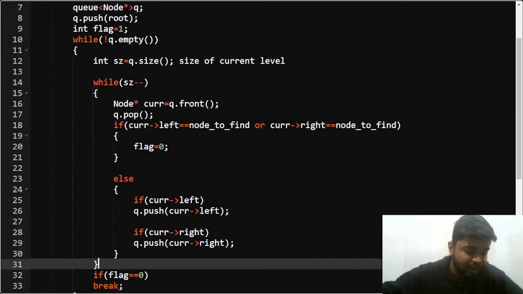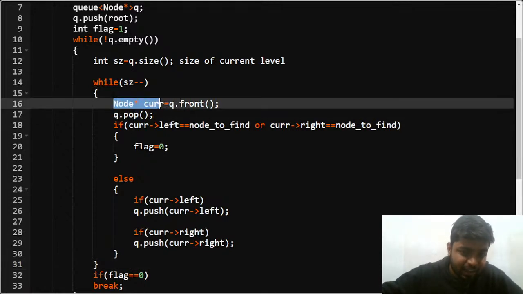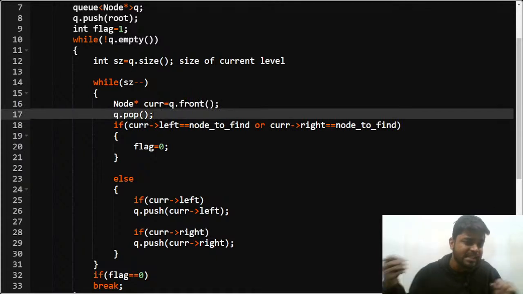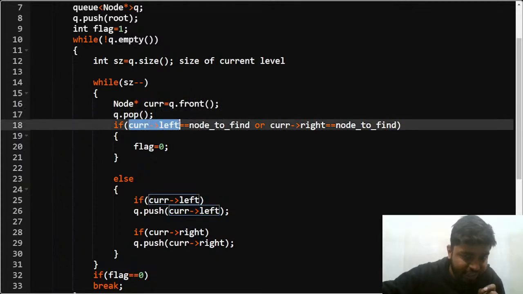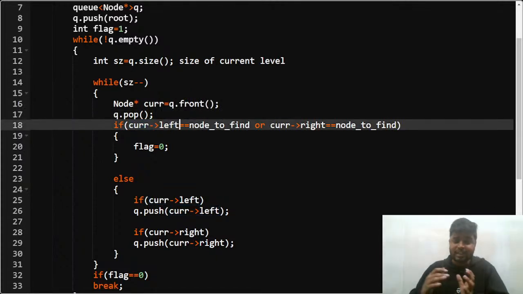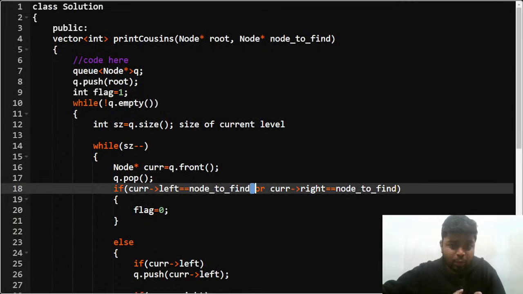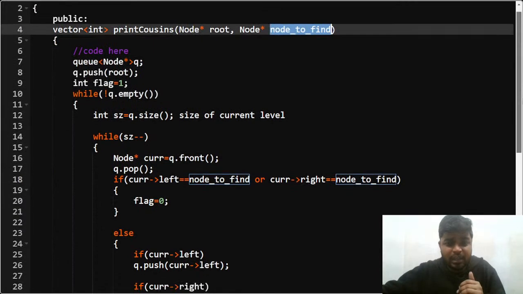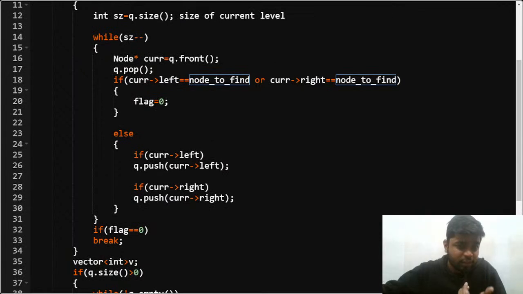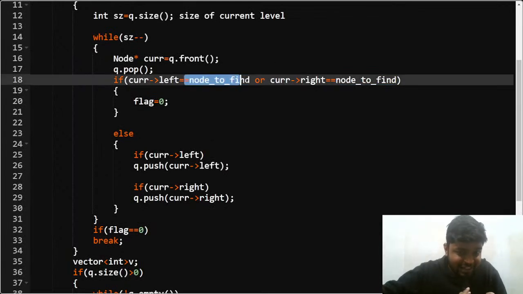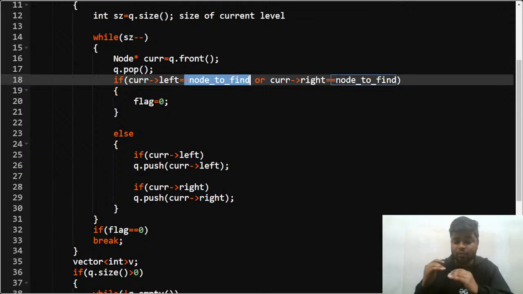So I find my current, which is nothing but q.front. I pop it out, and what I'm saying is, if for the current node, the left child is equal to the node for which I am finding its cousins. This node to find will be given to me. If the current's left node or the current's right node is the node for which I am trying to find the cousins,